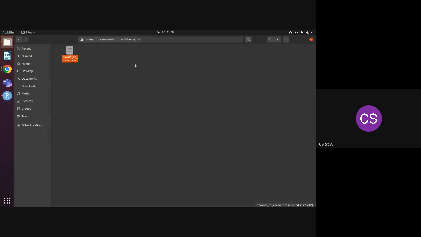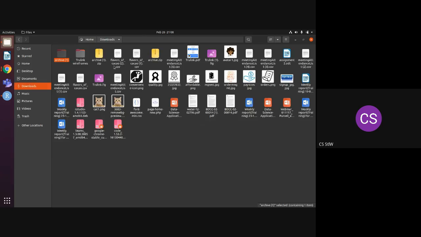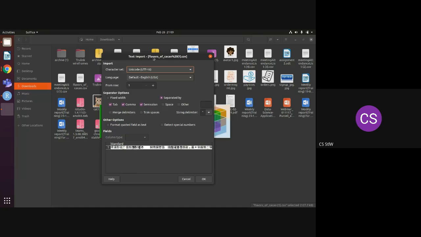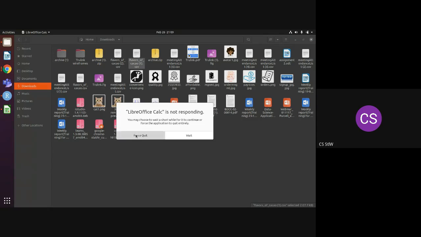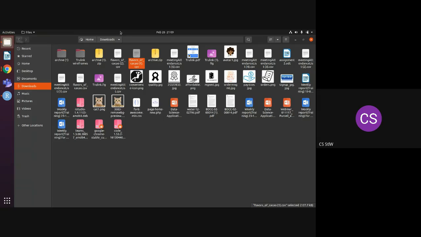Okay, first quit. Okay, so let me just try this again. Let me just open this. It should not be showing up like that. I don't know what's happening with my machine, but